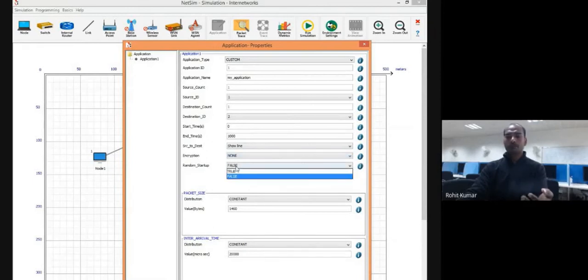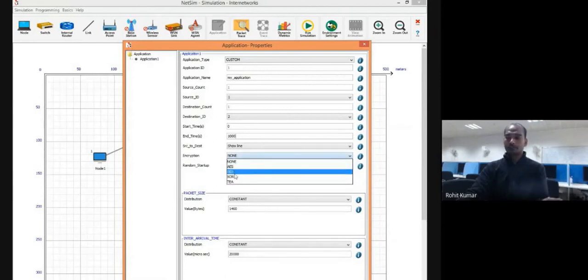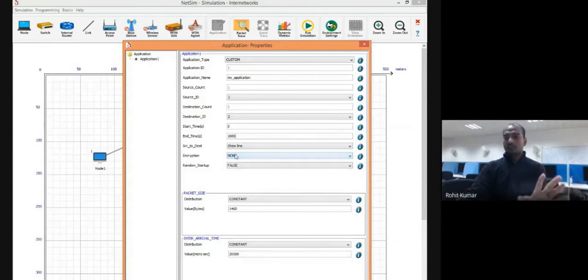If you have some sensor node or some device that is power sensitive, then I encourage not to use any sort of encryption. But again, it's a trade-off. If you have a sensitive environment, like you are in a war zone and there are multiple receptors, some eavesdropping devices that can listen to your open traffic, then obviously you need to encrypt it. So again, it's a question of trade-off. Whichever thing you want to include, you can include. Then random startup, you can start.